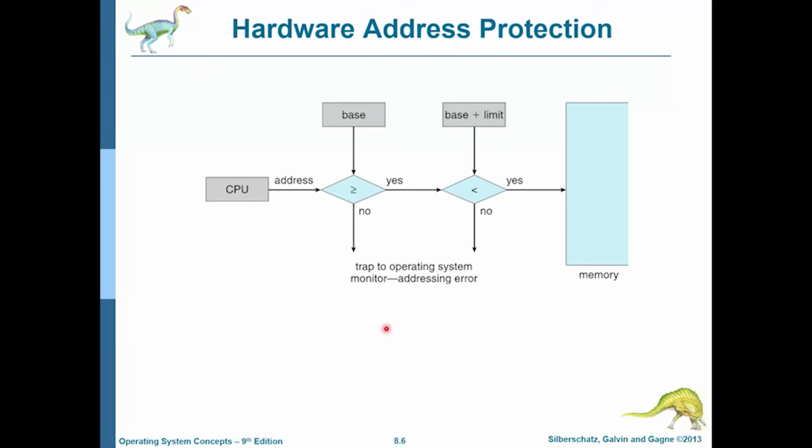So this slide explains that process in a little bit more detail. So the CPU generates an address for a process. It is then checked against the base register. If it is greater than or equal to the base, then you can proceed. Otherwise, a trap is generated and the operating system is asked to handle that trap. Then the base plus limit is computed. And if this address is less than that, as I said, the base plus limit is exclusive. That is not included in the memory region the process can access. So you have to be strictly less than that. If it is yes, then you can go ahead and access memory. Otherwise, again, a trap is generated and the operating system has to handle that. This is a very rudimentary or a very basic way to handle protection.